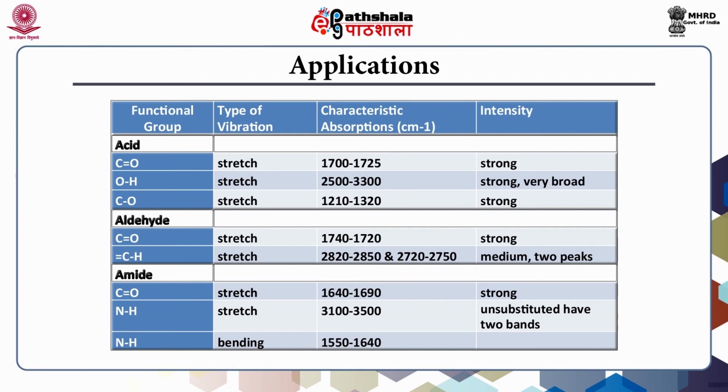The list is long, and we can even identify acids, aldehyde, amide. Particularly in acid, different frequencies will be there for carbon oxygen double bond, OH single bond, carbon oxygen single bond; for aldehydes CO bond and CH; amide, CO, NH, NH. So if these are frequencies for the bending, then a different band will be there. For stretching, a different band will be there. So by seeing these band positions, one can easily predict what functional group will be present in the unknown sample.